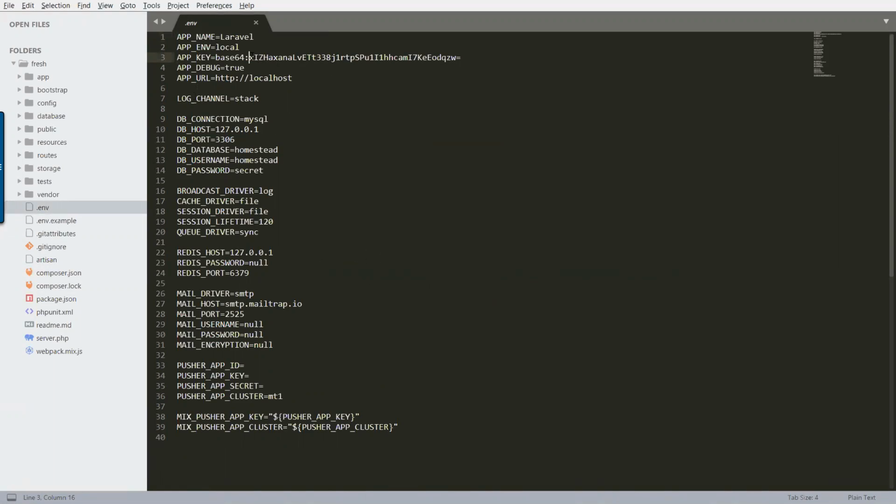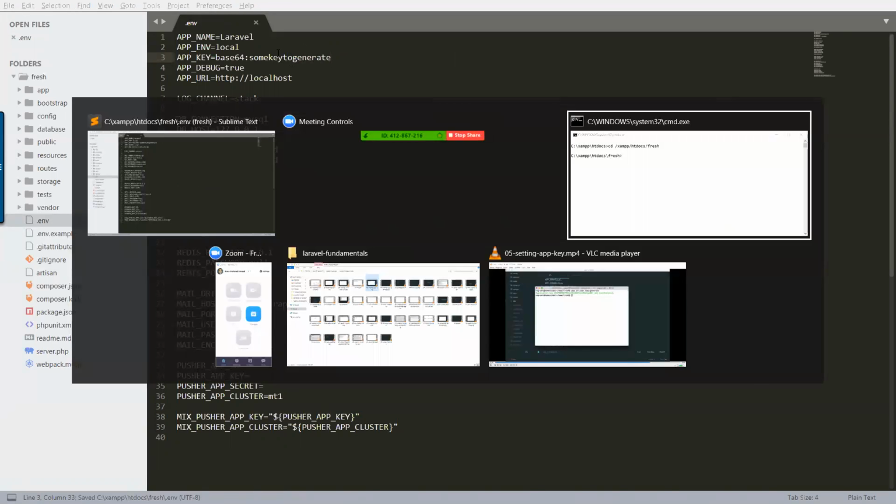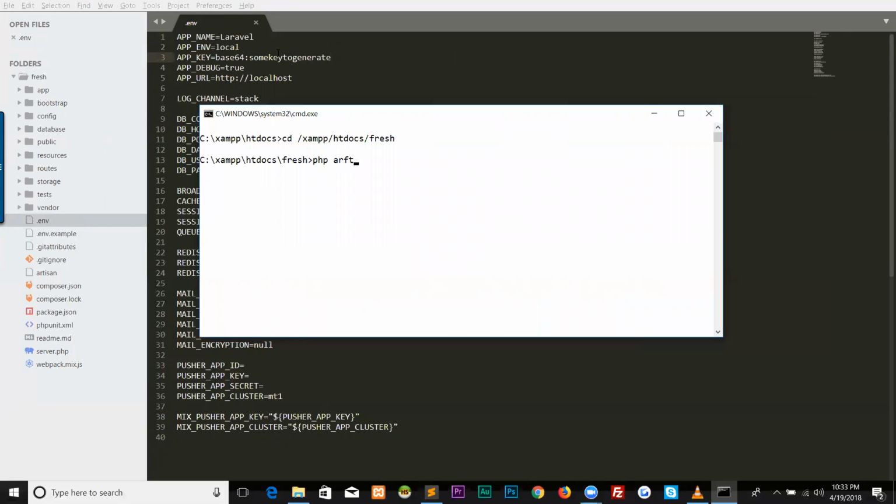So let's set some key to generate. Okay, we have a string, some key to generate. So let's run php artisan